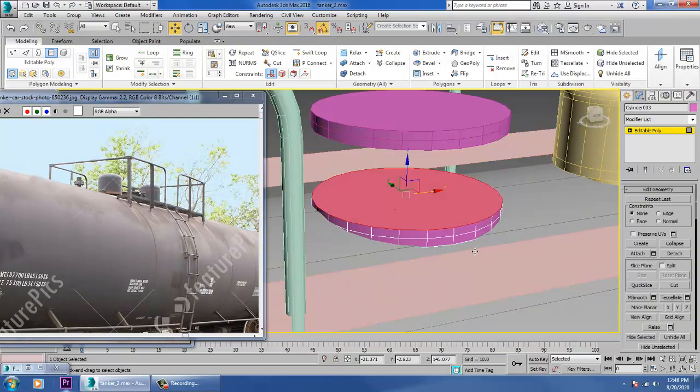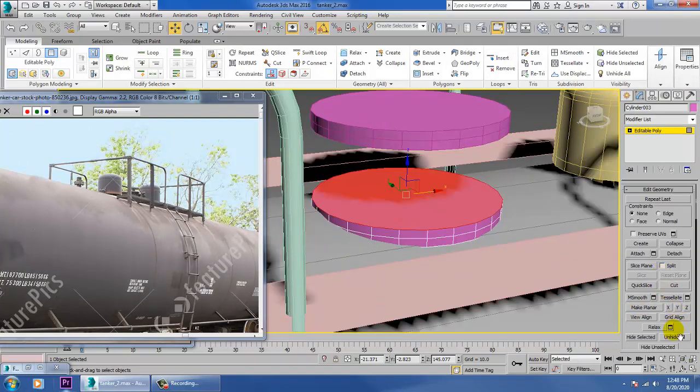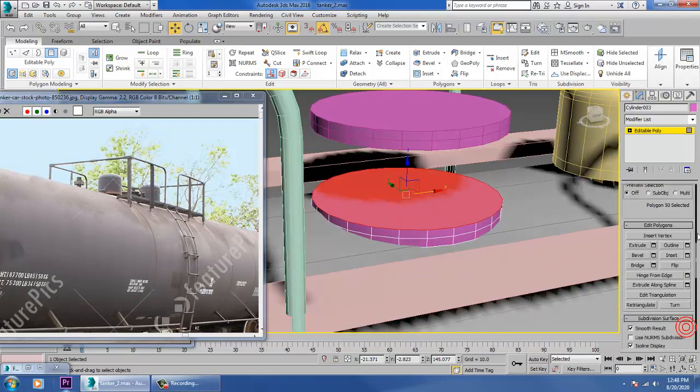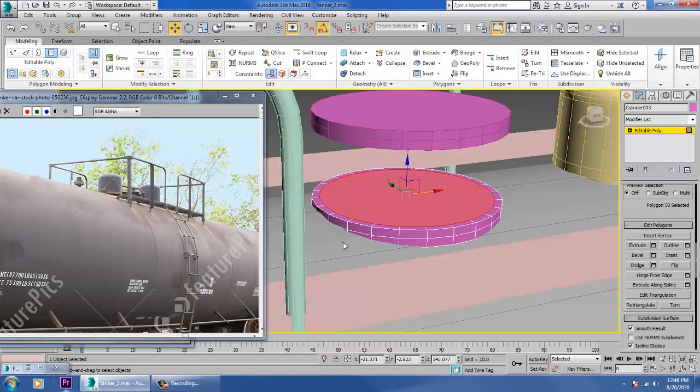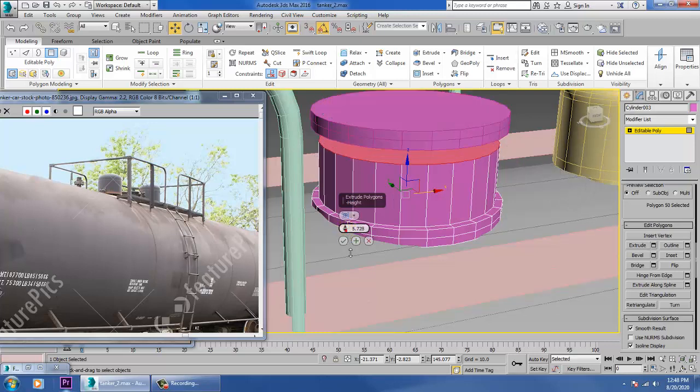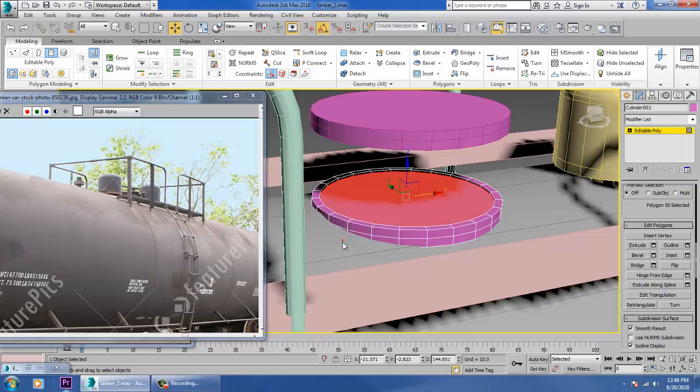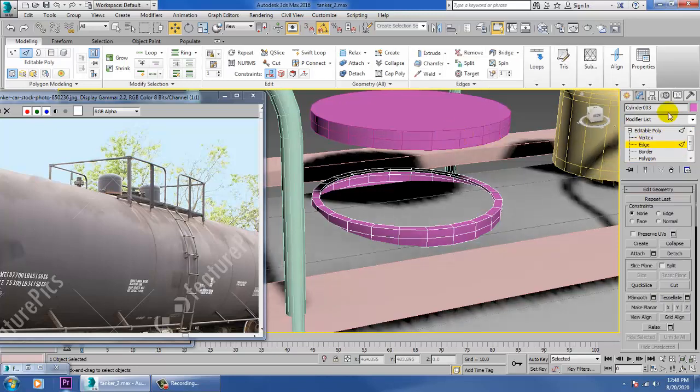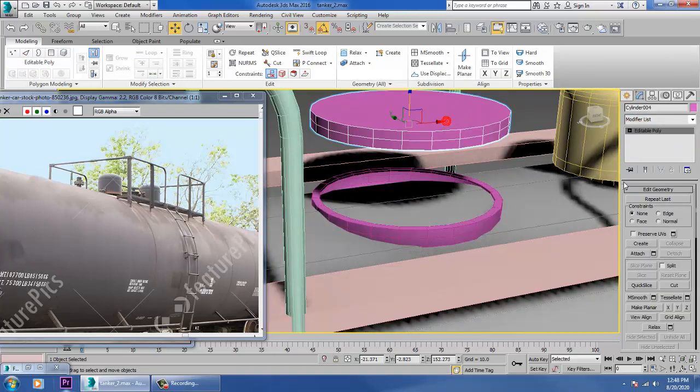Go into this and use a bit of inset over here. Extrude it down. Just delete this part. Select these edges, select this.